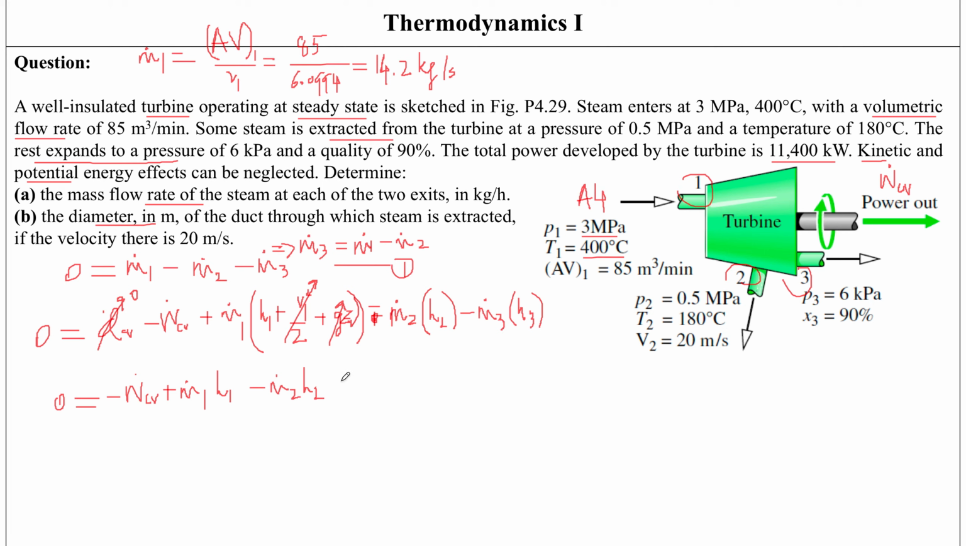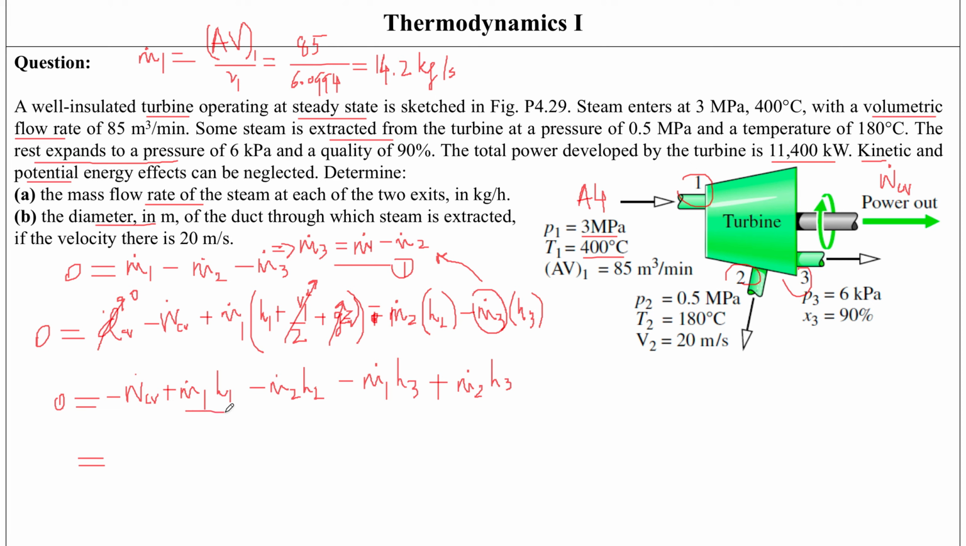It's going to be minus m dot 1 into h3 plus m dot 2 into h3, right? So you just plugged in the value of m dot 3 here from this equation. Okay. Once you've done that, you can simplify it now, because